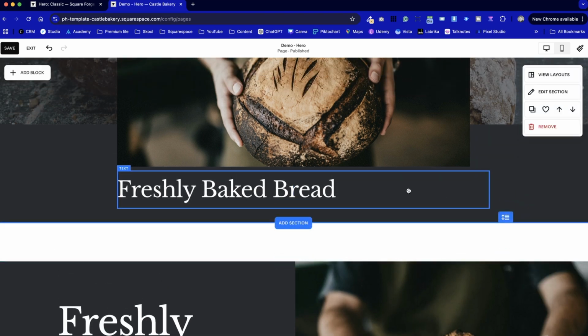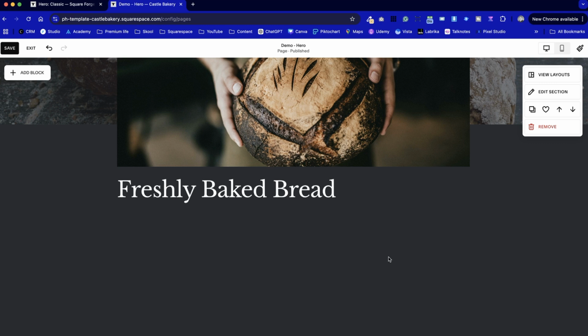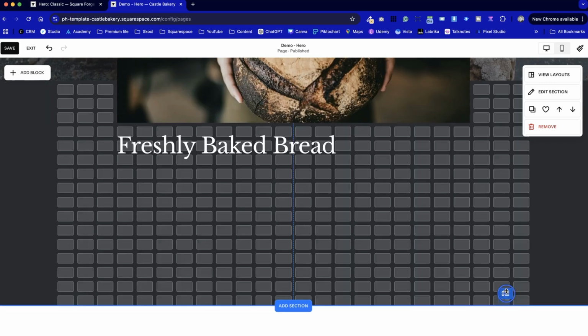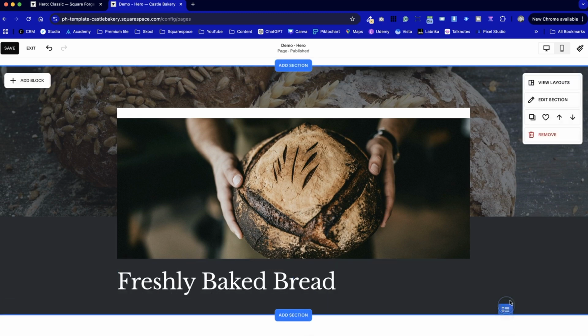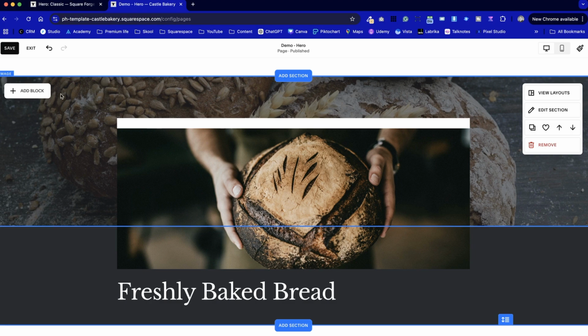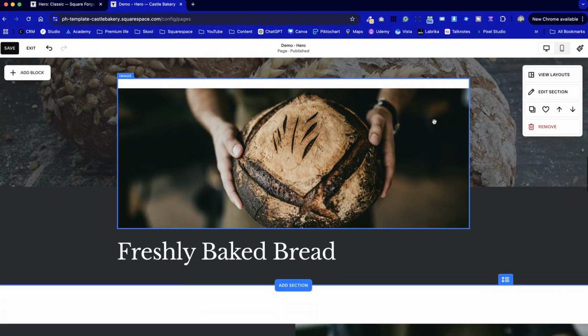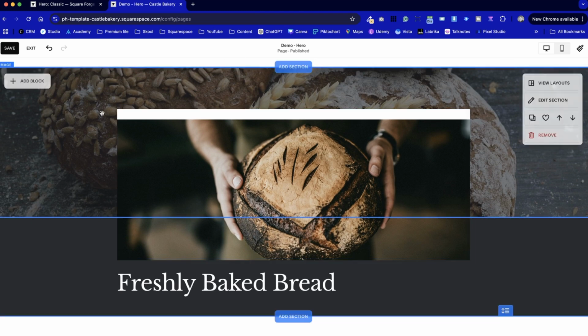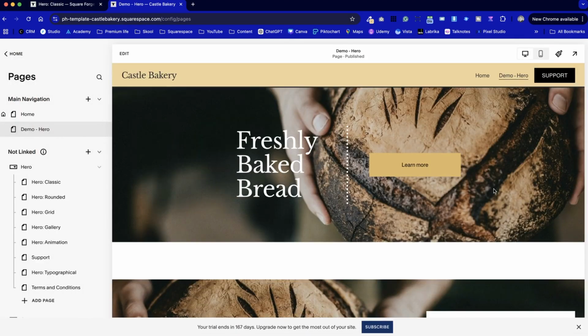So from here, we've got 2 different options. We can either have the section below with the same background color, or we could expand this and add our text, for example, signposting into this section here. I tend to like to break down Squarespace sites into multiple sections, so that's what I'm going to prepare for here. But I'm quite happy with that one. So we've got 1, 2, 3, 4 so far, and I think we're going to do 1 more after this to wrap up. I'm going to save this layout, jump out of it,